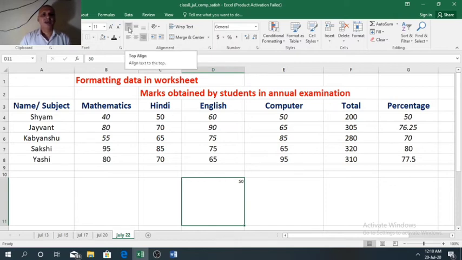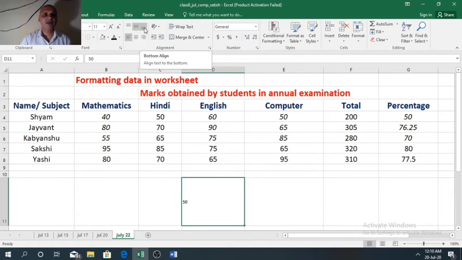Here I will explain what is top alignment. Just above the horizontal alignment option we have vertical alignment. In vertical we have three options. First one is top. You can see top is already active. When we select middle alignment, now see the data moves to the middle of the cell.